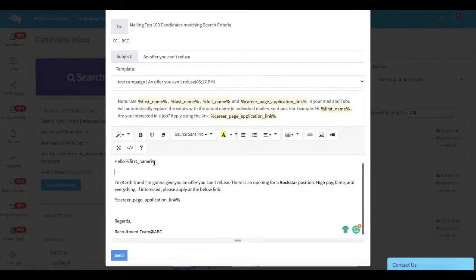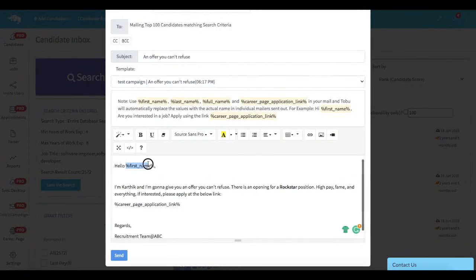So now you can also see that there are certain placeholders that have been mentioned in the email. What are those? So even though this is a single email that you have sent, these are actually individual emails sent to each candidate. So these are mass customized emails. So when you see a placeholder called %first_name%, this actually replaces this placeholder with the first name of the candidate, and these are individual emails sent to each candidate, so it looks like it has been